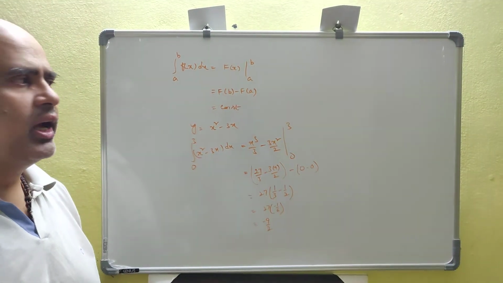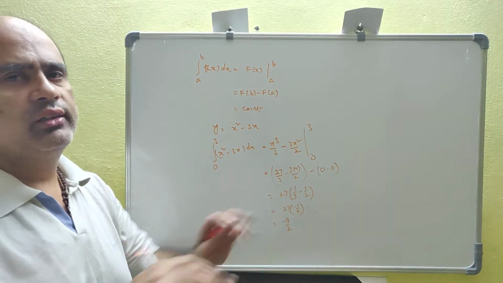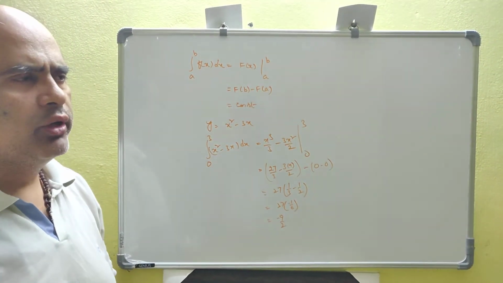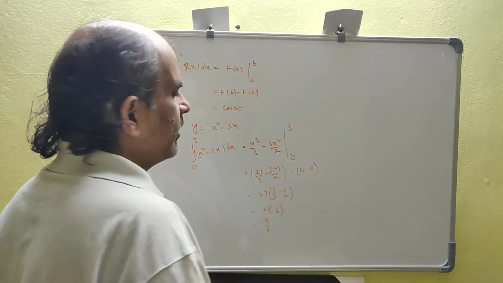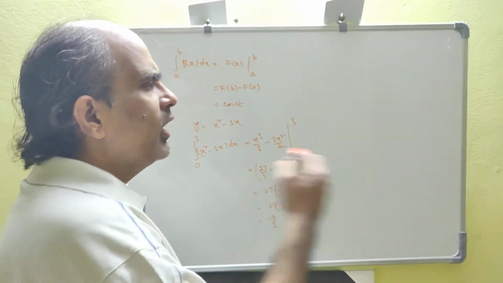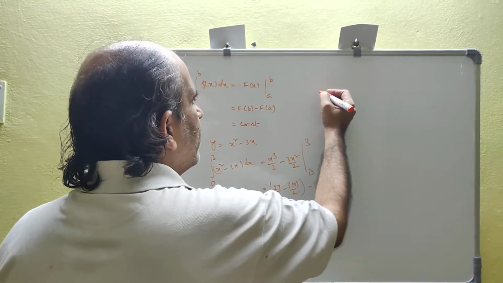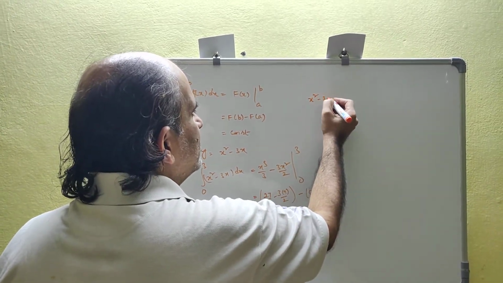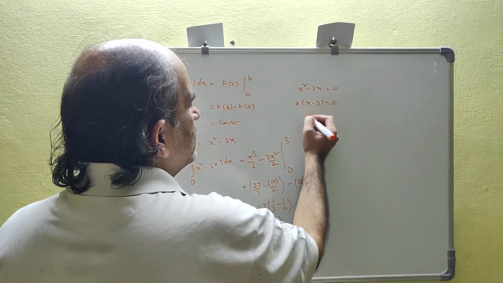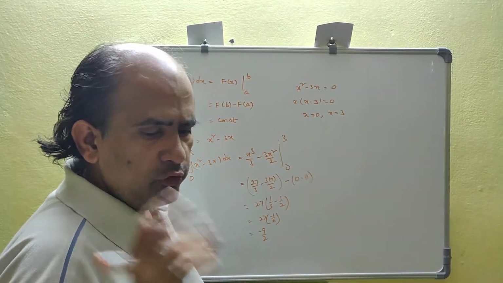Now, if I say I'm talking about area, then I will be shocked and surprised. Why should I call it area? Because I am getting a negative value. Then what will I be doing here? I try to sketch it out. To sketch it out, I should know the points at which the curve intersects the x-axis. So let me factorize this. x squared minus 3x equals 0. x of x minus 3 equals 0. That is x is equal to 0 or x is equal to 3. So I'll be getting two values of x.